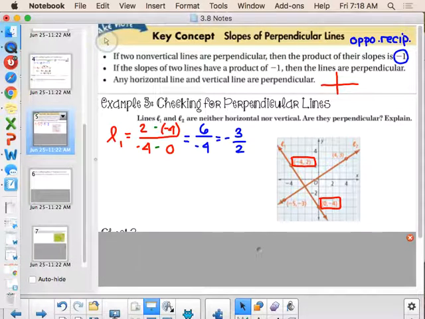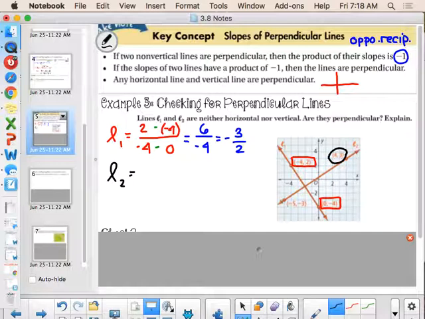Now, let's look at the slope for line 2. Line 2 contains the coordinates 4, 3 and -5, -3. Let's use the coordinate 4, 3 as our first coordinate. So we have a y value of 3 and an x value of 4, and we're going to take away the coordinate -5, -3, so a y value of -3 and an x value of -5. So we have 3 minus -3, which gives me 3 plus 3, which is 6. 4 minus -5 becomes 4 plus 5, which gets me 9. This simplifies to a slope of 2/3.